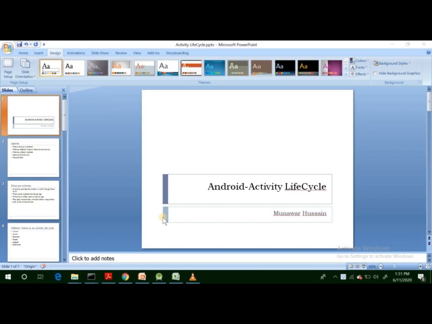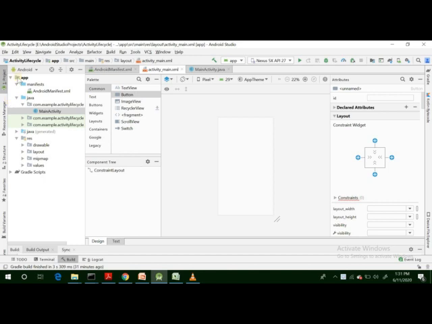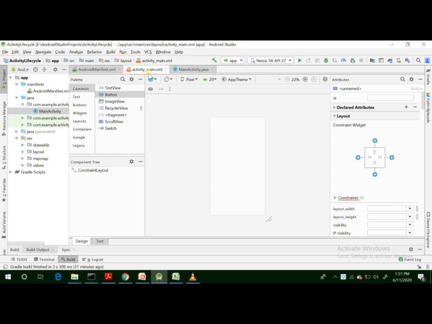Let's go to Android Studio to look at these two files of a single activity. So here is our Android Studio. I have created one activity. This is the XML file, which is named activity_main.xml. I already discussed there are two ways you can look at that single layout file. One is the design view, and you are looking at the design view. This is the whole screen that will be shown as a single activity.